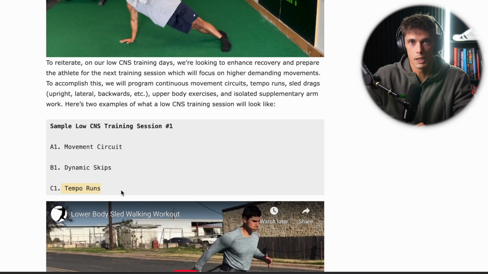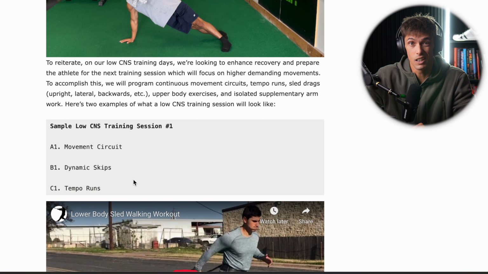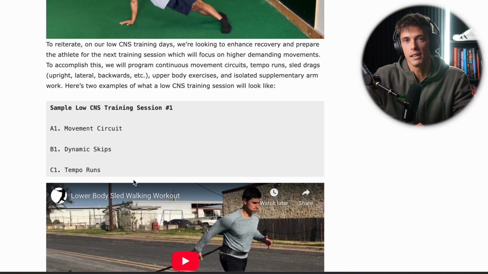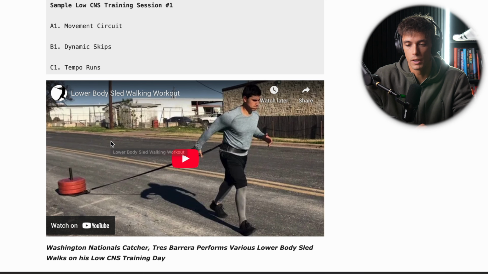It's low CNS, but you're still working on some stamina and endurance there. I like to do those on a rower or a bike to take away the ground contact times and the joints, just to save the joints. But those are low CNS days. I do a lot of movement circuits, mobility, skips work, and core on these sessions. And if people are really into vanity and aesthetics, I'll put in some arms and biceps, triceps work or some forearm work for pickleball level people on these days because you're not going to be fried and beat up the next day when you're going into a high session.